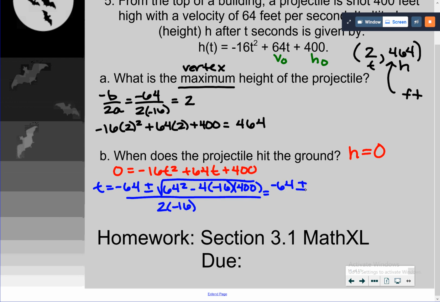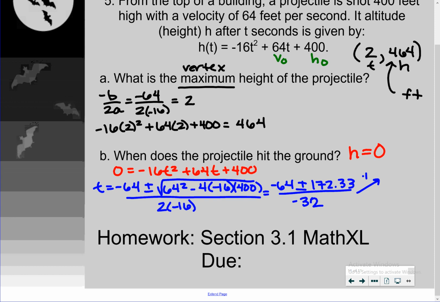All right, I'm just going to type that whole square root in my calculator. Square root of 64 squared minus 4 times negative 16 times 400. And like I said, I don't care if this is a decimal or not. I get 172.33 about over negative 32. And then I simplify once with the plus and once with the minus. Negative 64 minus 172.33 divided by negative 32 gives me